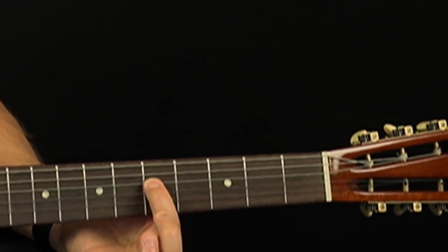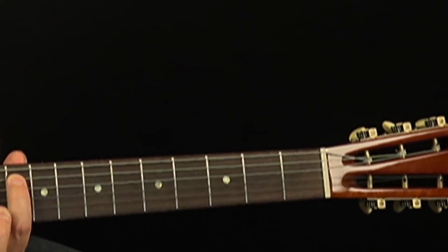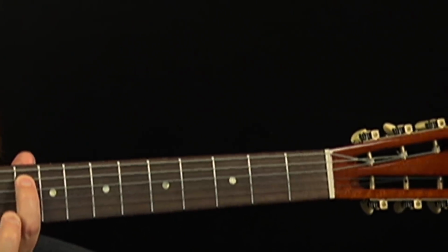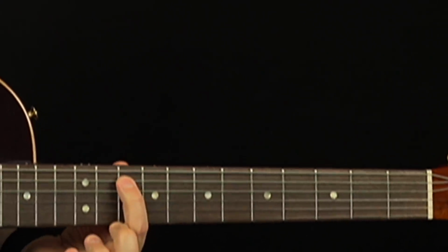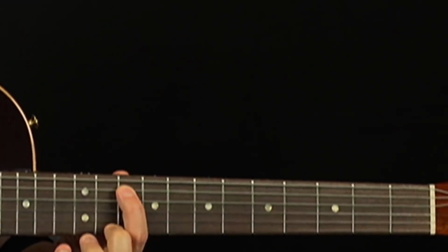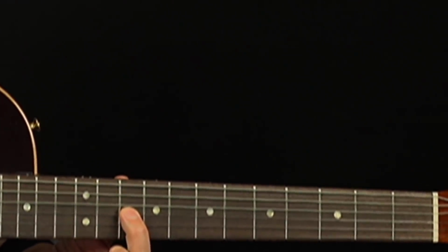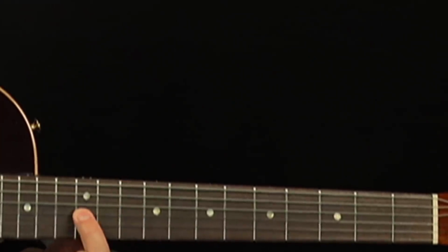We can do this same thing on the 5th string. So I'm going to go to another G. Here's a G. That's at the 5th. That's a 5th string, okay? Now, if I go down 2 strings, so now I'm on the 5th string, I'm going to go 4, 3, 3rd string, and I'm at the 10th fret, I'm going to go up 2 frets, 1, 2, that's a G,